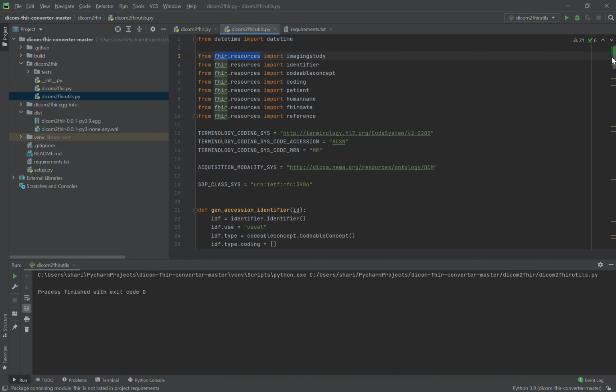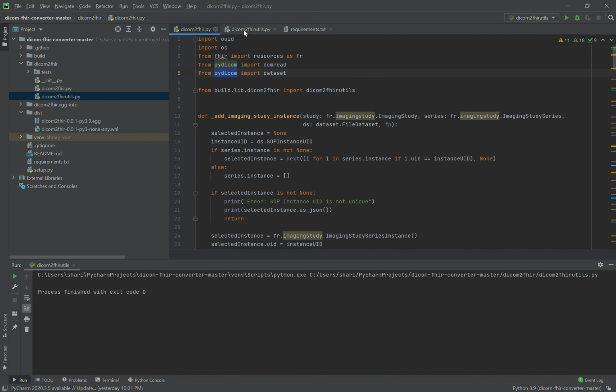And basically, the input file represents a single instance within the DICOM study, like I just mentioned. And they can also be grouped by series. We also have a built-in function within the library to handle that as well. That's the first module. And the second module that we have is basically invoking the dicom2fhir utils that we already saw,